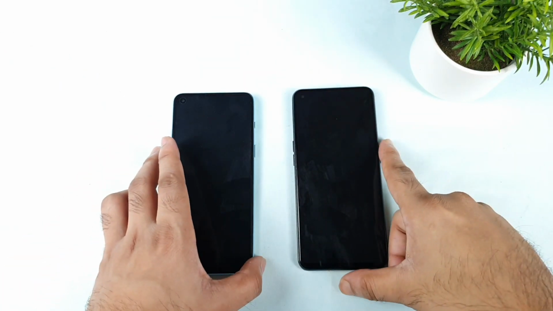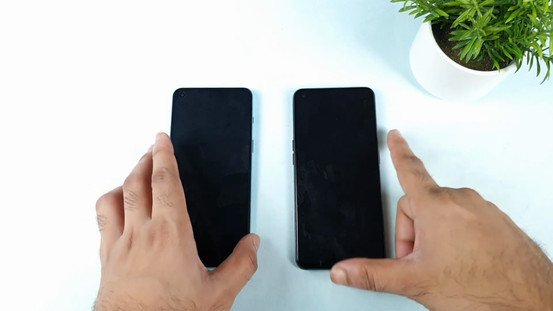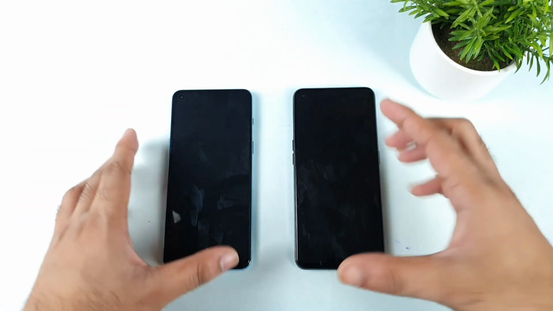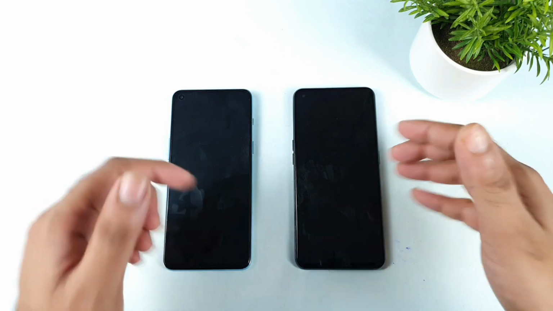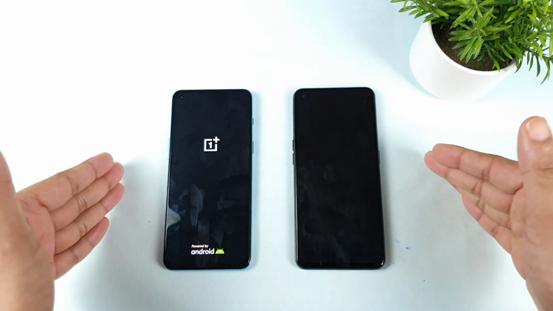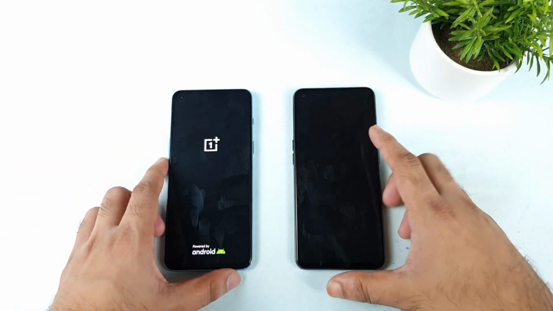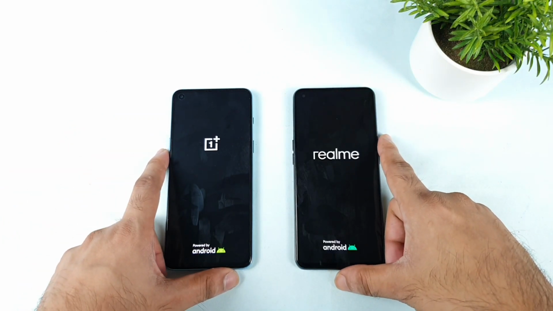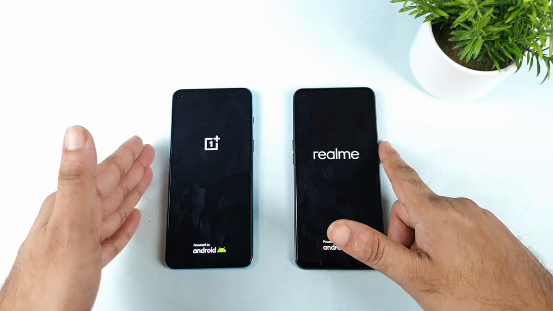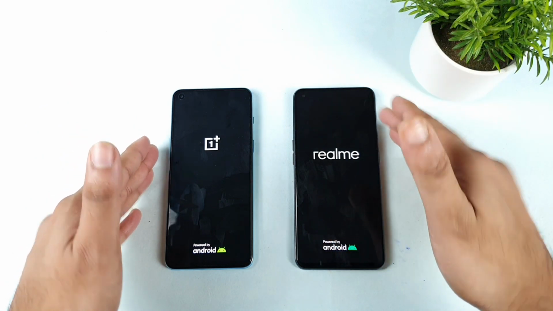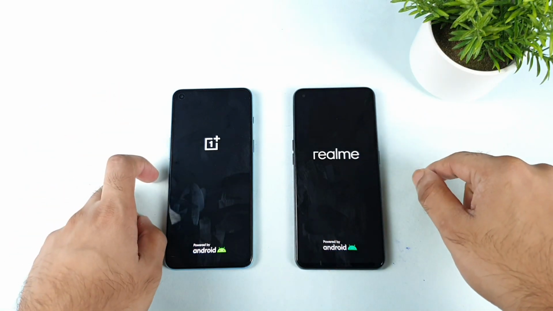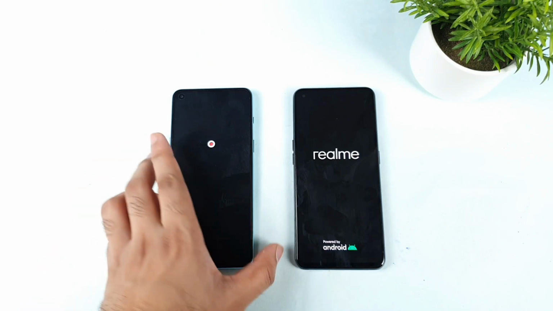This is a question which has been asked by a few of my subscribers, asking me to compare the RAM availability. That is the reason I'm doing this. It's a basic thing: if you're not using any applications in the background, out of 8GB, how much will the user get? That's the clear question, and we'll get to know in this video. 4.57, 3.97, and after the restart, let's see what happens.